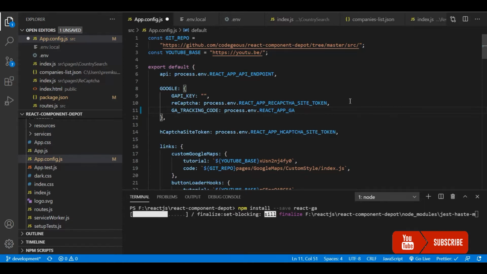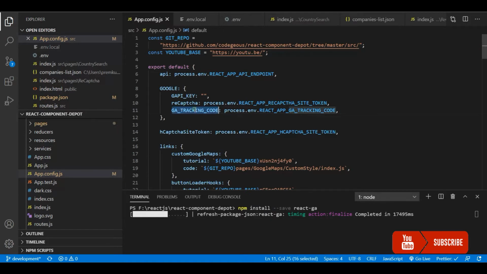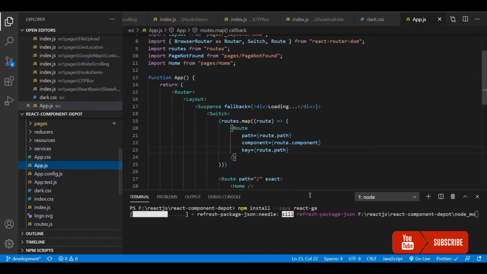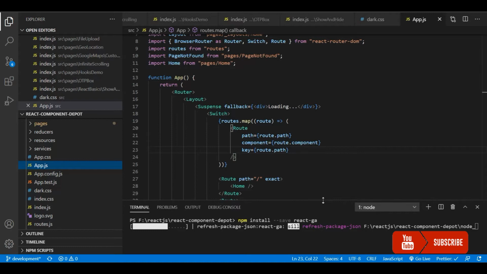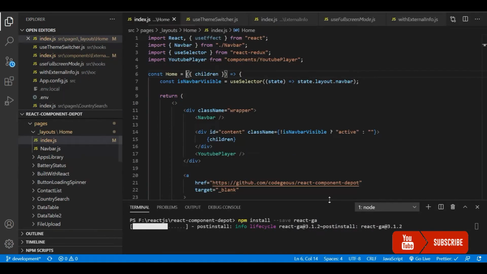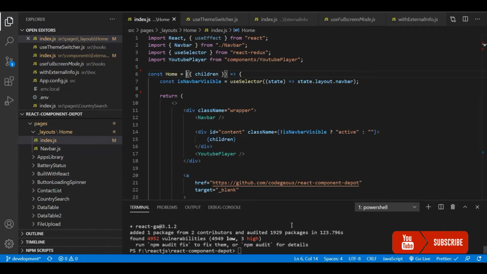All environment variables in create React app should start with REACT_APP, otherwise all others will be ignored. Let's take this GA tracking code config, and for this I have to initialize React GA. I'm going to go inside my layout component, which is integrated for all the routes in my application.